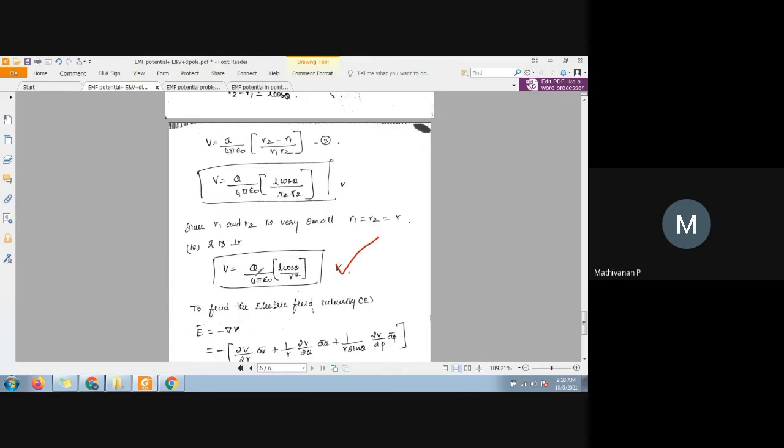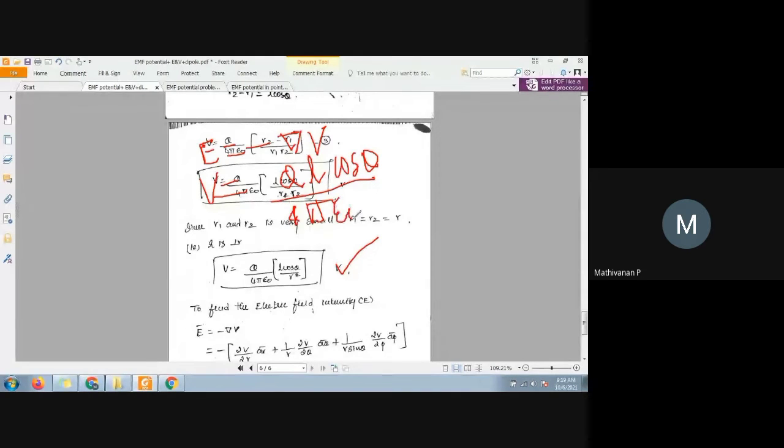This is the potential of your dipole. Now we need to find out the electric field intensity. How will we find it? With the help of the equation E is equal to minus del V. This is your potential equation. Now tell me, what is your V? V is nothing but, I can write it directly, QL cos theta divided by 4 pi